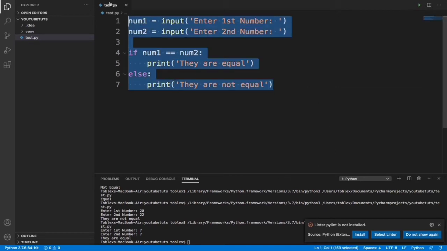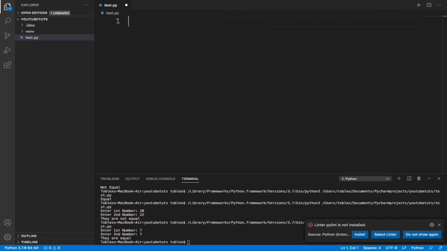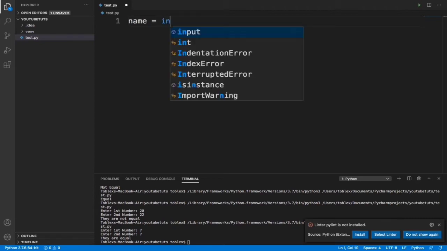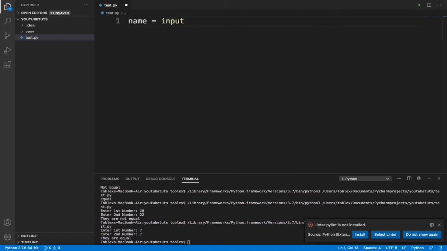Now let's build another simple application. This will help us check if a user is a robot. Let's say we want to tell the user, let's define a variable named name. I want to tell the user to input a specific name to show that it's not a robot.